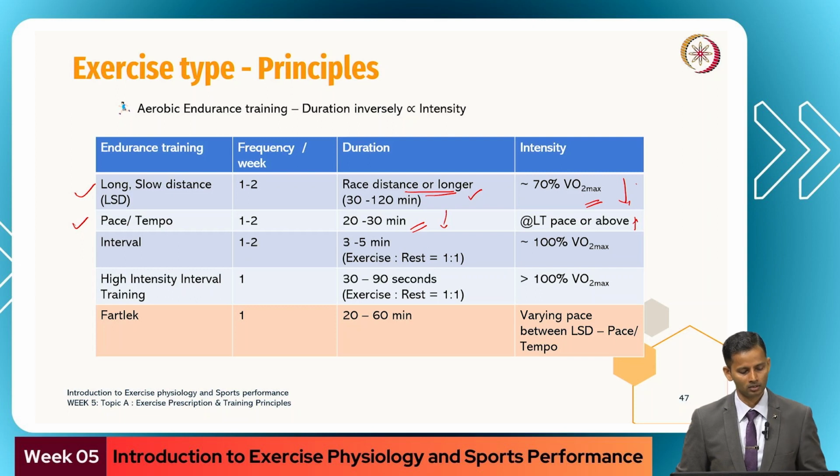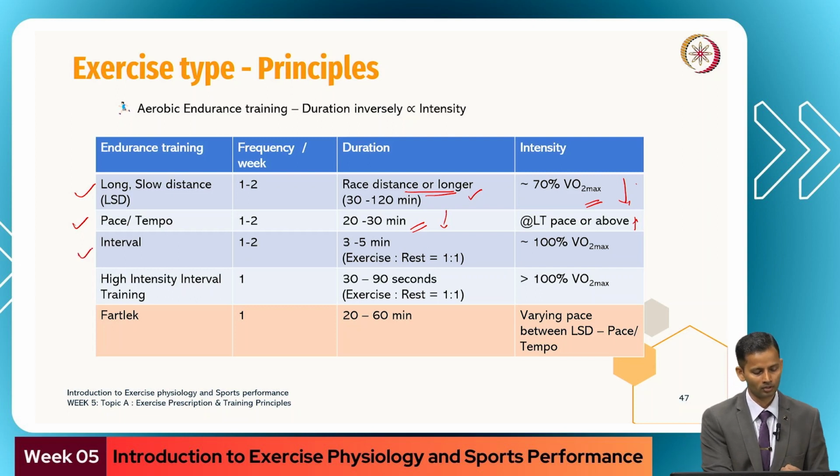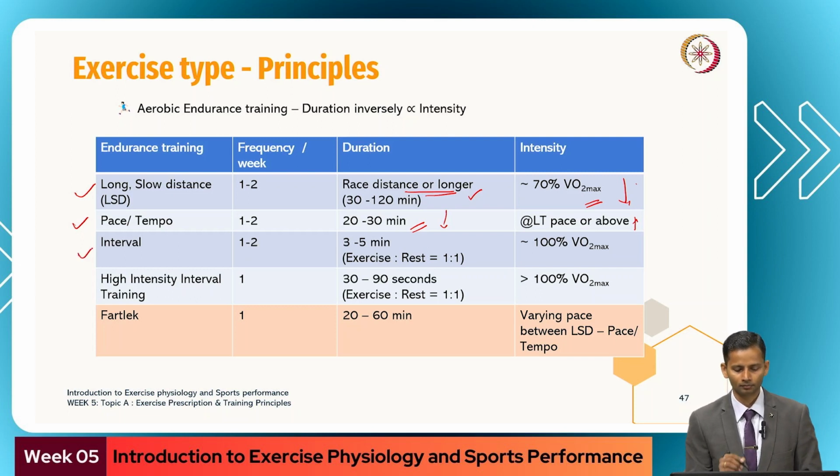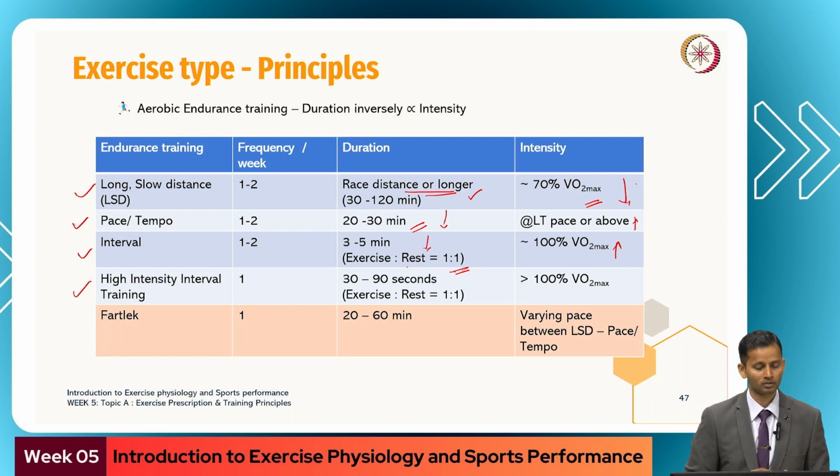So as we see in this, another type of endurance training is interval, where you maintain an exercise to rest ratio of 1:1, right? And here the duration is grossly reduced, and the intensity is approximately near maximal level of intensity. As we go to another level of endurance training, there is HIIT training, which is again a more trending